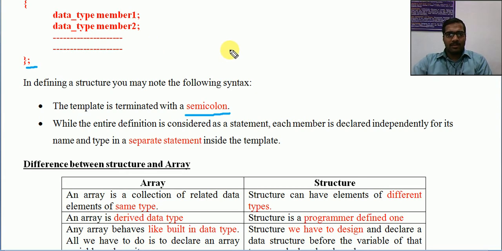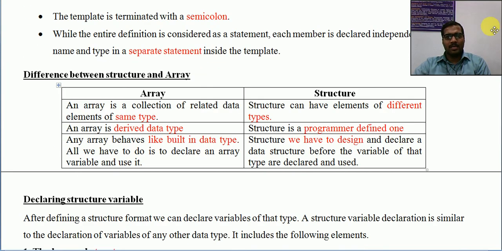Okay, so we will see an example and its logic, how it is working. But if you are very familiar with normal data type usages and array usages, this topic is very clear. The only thing is we are having a new type defined based on the existing types, to form a record, a data type. Okay, so before moving into examples, let us see the differences between array and structure.